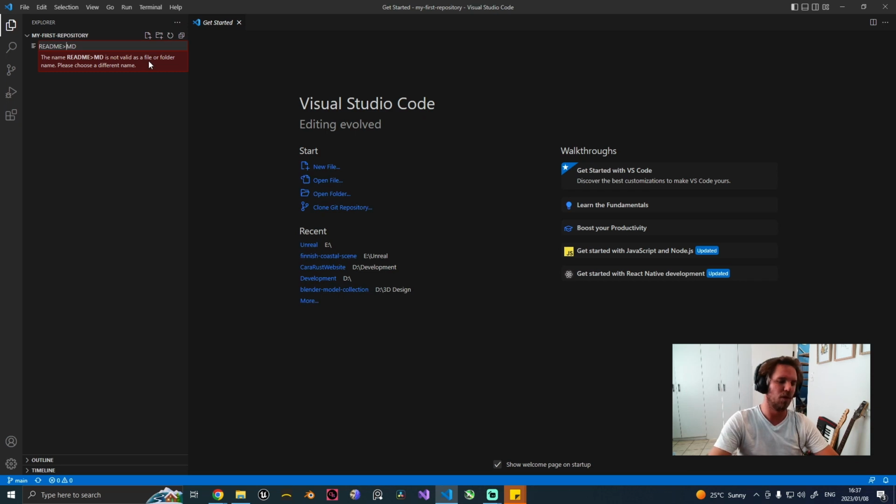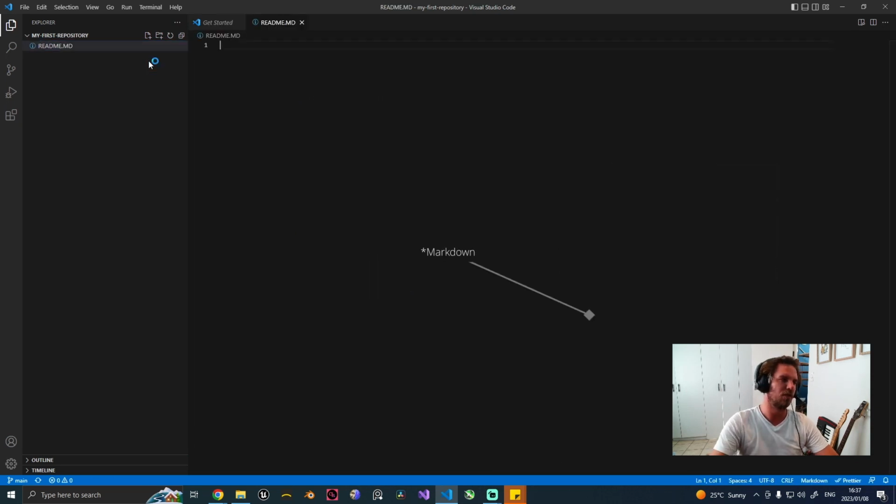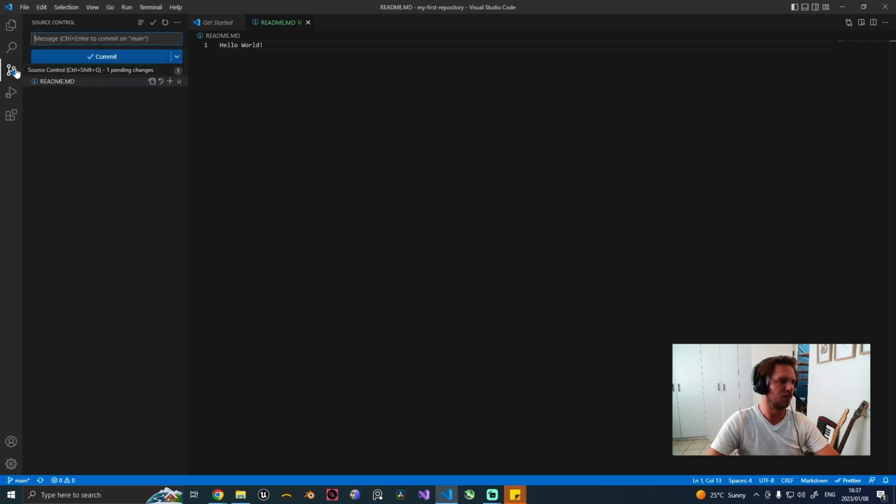MD is a markup language. It's not only used by Git, it's used by various platforms. And it's just a markup language. So what I'm going to do is say hello world, and then in here you will see this source control section. You will say my first commit